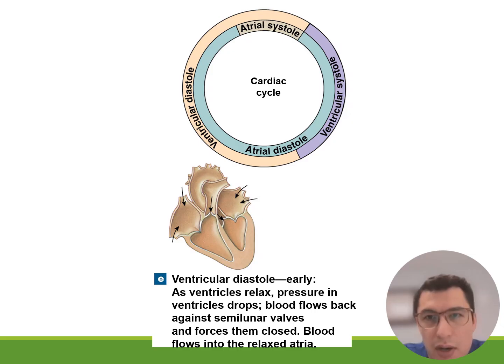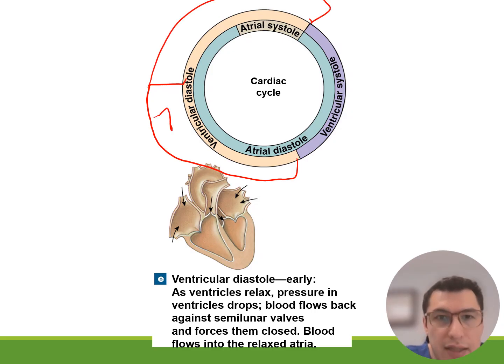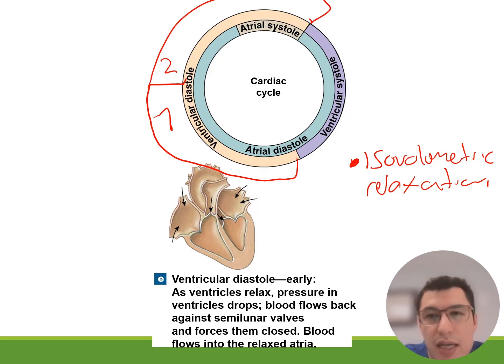Now we finish our ventricular systole and we will start our ventricular diastole, which means the relaxation of those ventricles. This ventricular diastole, we are also going to divide into two phases, the early phase and the late phase. The early phase is known for something called the isovolumetric relaxation, which means that the pressure within those ventricles will fall, but it's not enough so that those atrioventricular valves